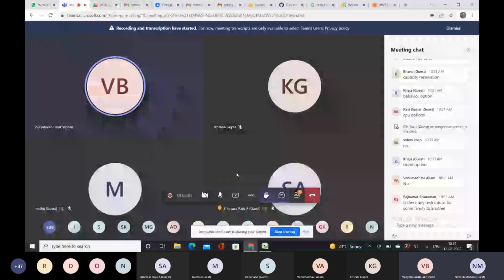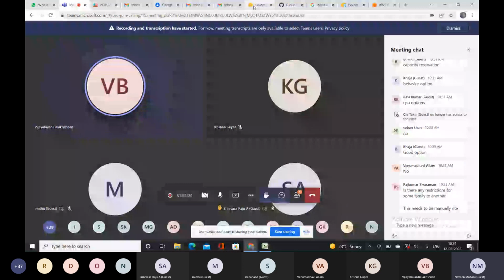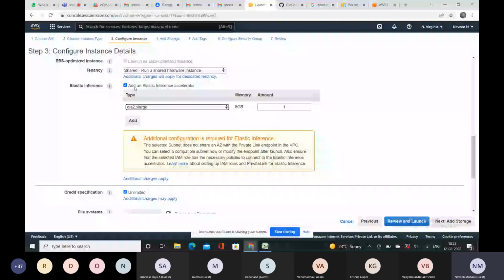Vijay, one small question. Yeah, go ahead. If I select this and launch an instance, it will always be available in the instance, right? So the instance cost will be very less. Then straightforward you launch with the GPU. But it is not like a regular general-purpose instance, right? It will have additional power, right? So no, here you select